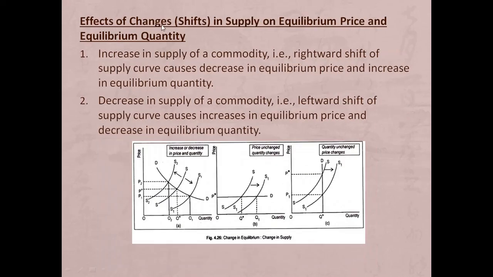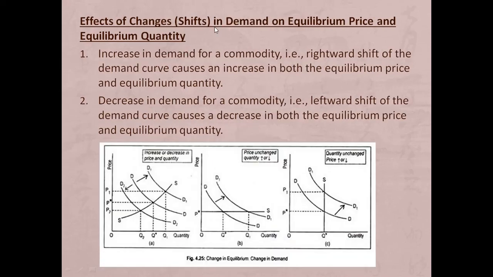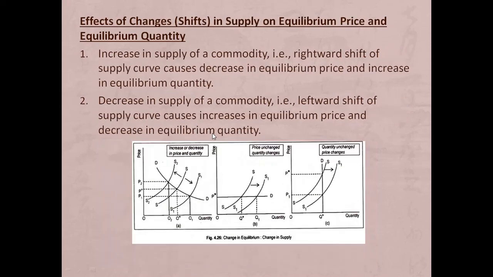Now, effects of changes in supply on equilibrium price and equilibrium quantity. Understanding this change or shift in demand is very simple. An increase in demand, that is the rightward shift, will increase both equilibrium price as well as the equilibrium quantity. A decrease in demand will decrease both equilibrium price as well as the equilibrium quantity. But in case of supply, there is some kind of change, as you can see out here. Whenever there is an increase in supply, we are talking about the rightward shift of the supply curve,